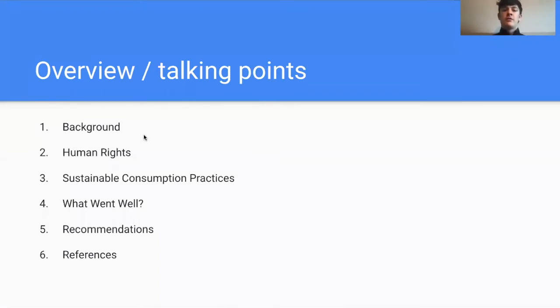I'll start with a brief overview of both FIFA and the 2010 South African World Cup. I will then talk about the human rights in South Africa and what FIFA did in response to this. I'll be talking about both exploitation of children and then the displacement of local South Africans in preparation for this event. That will be followed by sustainable consumption practices, with specific focus on what FIFA did in preparation for the